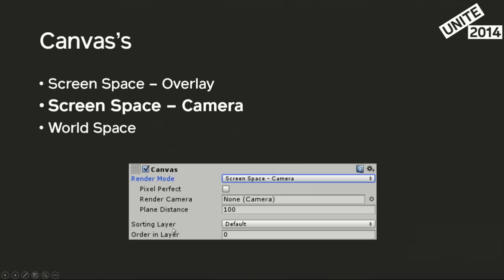On the other hand, the screen space camera canvas now also takes a render camera. What this is, is the only camera that will render this canvas. If you don't have a camera specified, like in my picture, it defaults back to the overlay mode. But as soon as you assign a camera, the Rect Transform of that canvas will then snap to the view frustum of the assigned camera. The plane distance is actually the distance from the position of the camera. So that distance has to be within the near and far clipping planes of the camera,